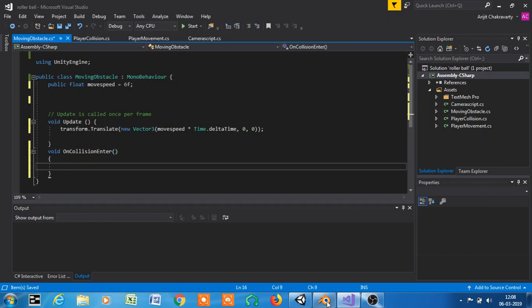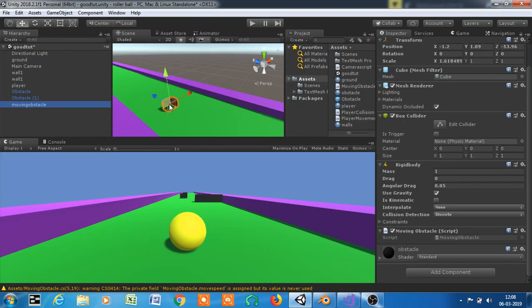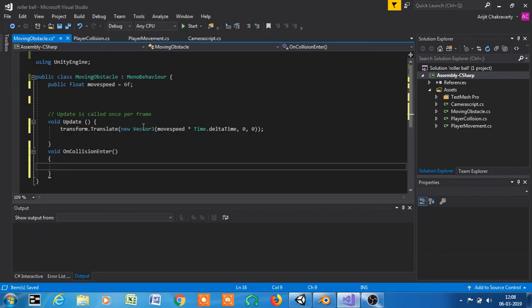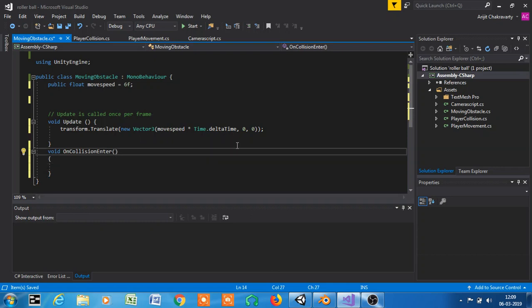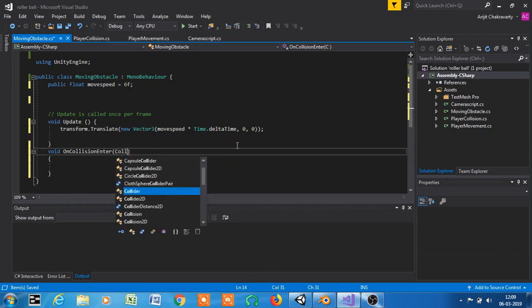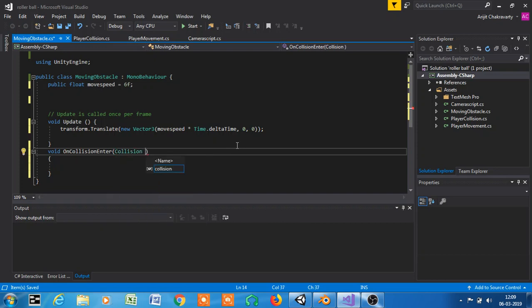Now why I want to do this, because I don't want my obstacle to move at one side only. I want it to collide with this thing and then come back to this side. It's a really simple logic, okay? So right in here, firstly I'm going to create a parameter that is collision, and let's just name it